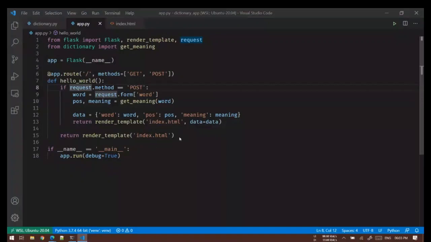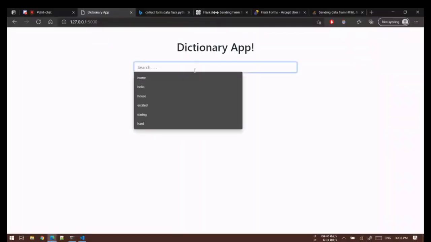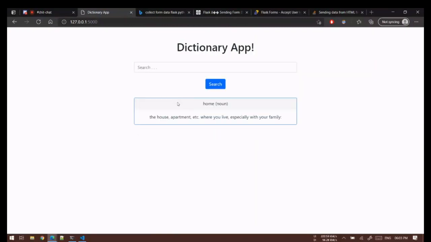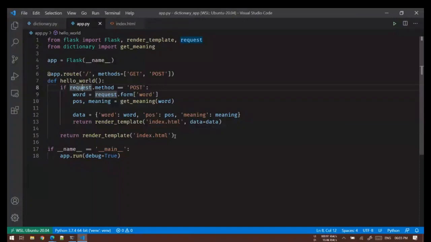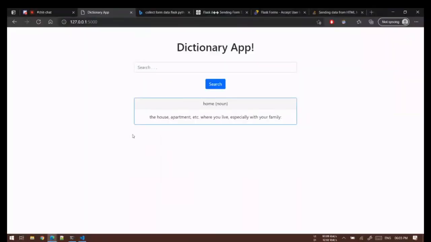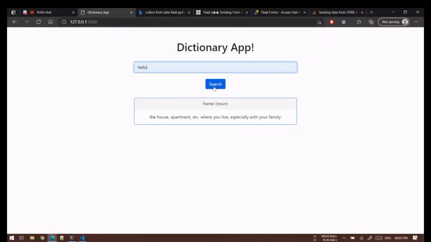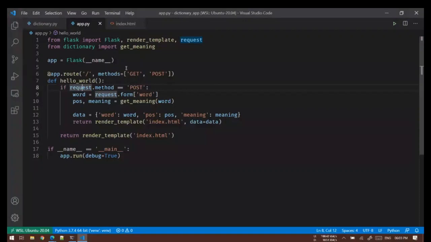So yeah, now we have a web app which can search for us. Okay, great. Let's try to move towards the databases part. We are just left with one thing before we take a break. If you look at this, I'll say hello and press search. Look at this, it's taking some time to go and search the word. It would be great if we can save these values in a cache so that we can access it quickly.